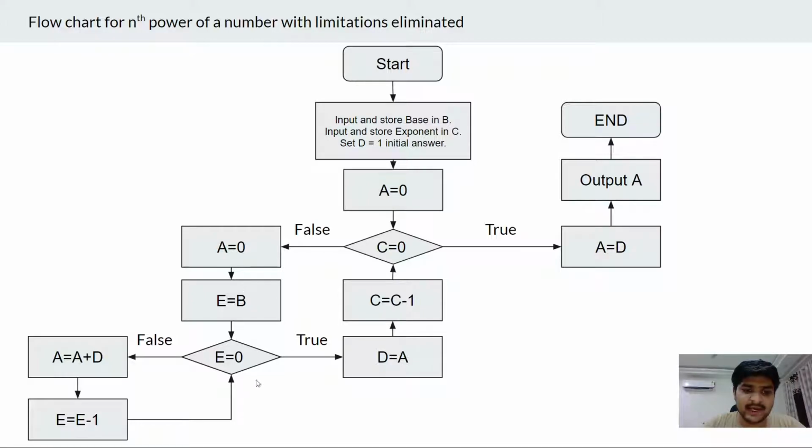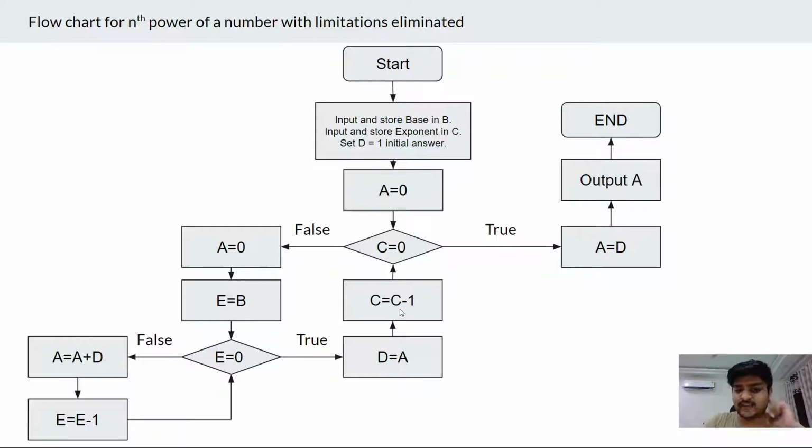We have assigned A equal to 0 here. So as B is initially 0, it will go directly in this direction. So D will be assigned equal to A, that is D will be assigned 0.